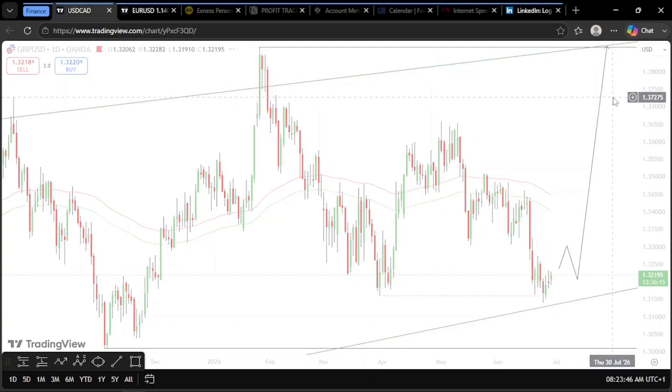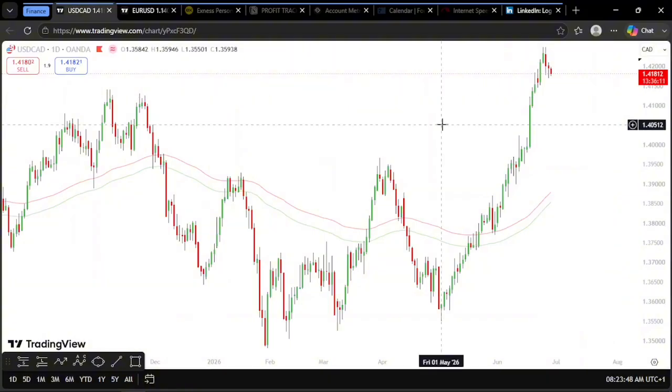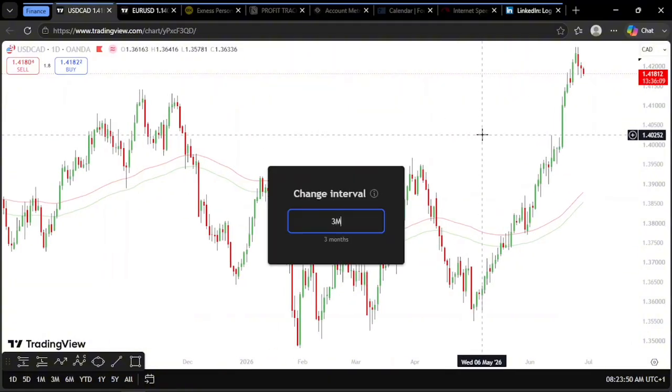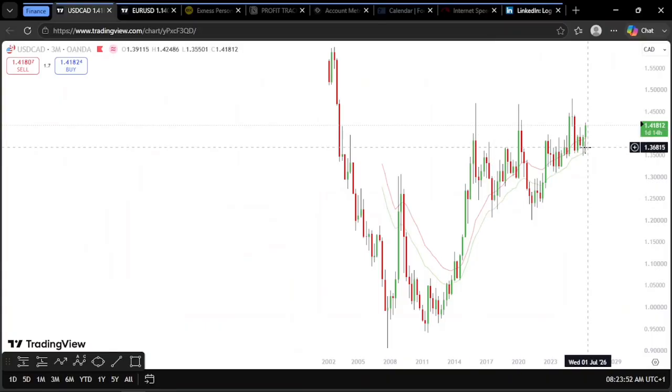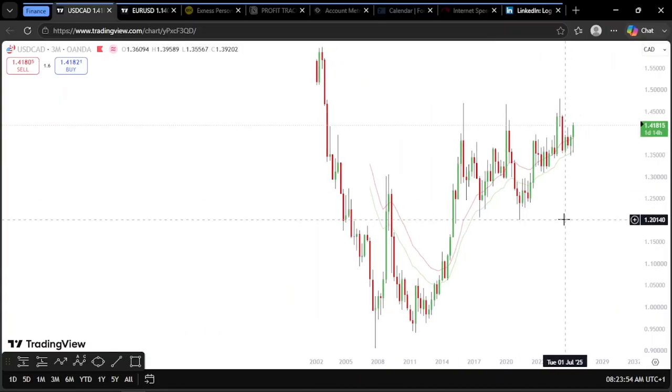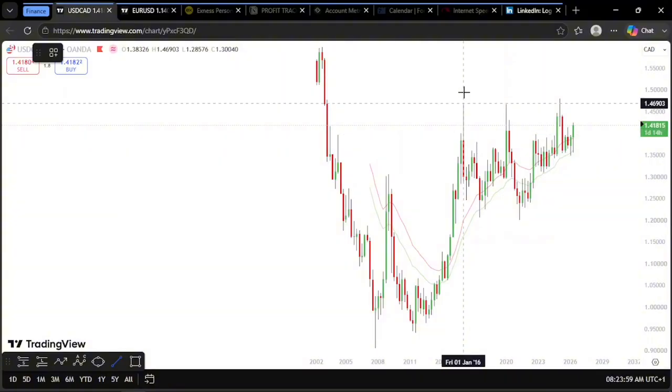So we'll go to the next pair, which is USD CAD. Go to the 3 months time frame. As you can see on the 3 month time frame, there is a consolidation pattern forming here too. This is more like